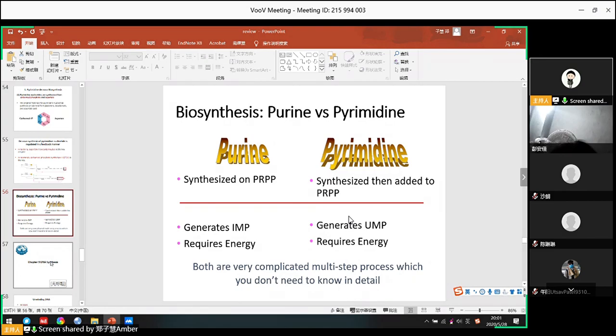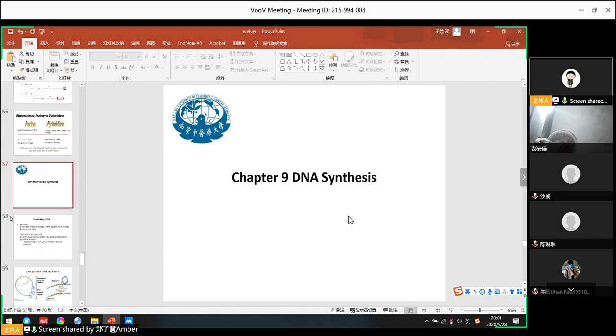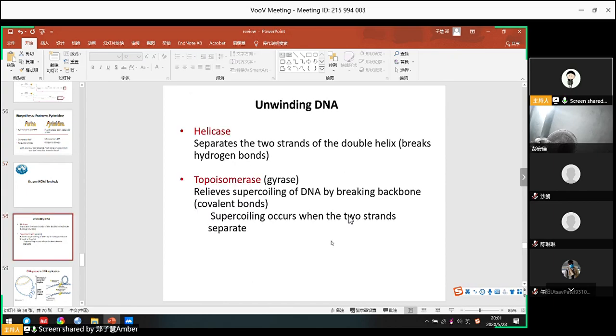Next chapter is DNA synthesis. All we can say is DNA replication. Firstly, we're talking about DNA replication. For DNA replication, you have 2 parts you have to remember. First part, generally, you have to know every enzyme and the function of every enzyme involved in the